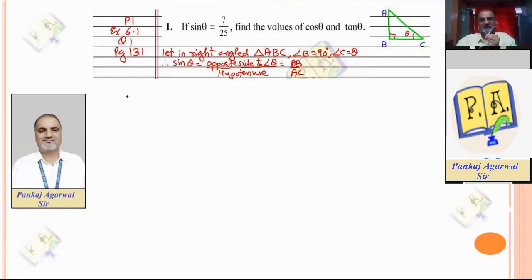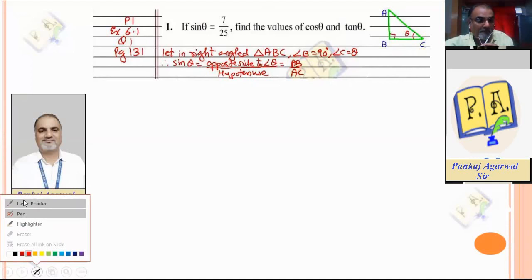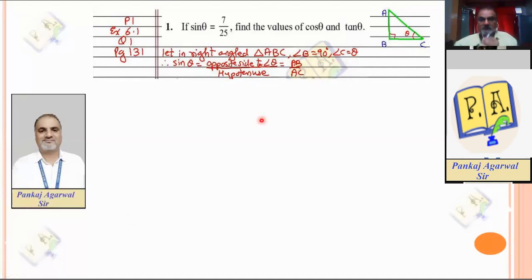So what I have done is I will be using a 9th standard method for the time being. Remember the K method which we used? We'll be using the K method. Even in 10th standard you can use it, but there are certain times it is not possible. So I have drawn a right angle triangle. I hope you are able to see the right angle triangle.